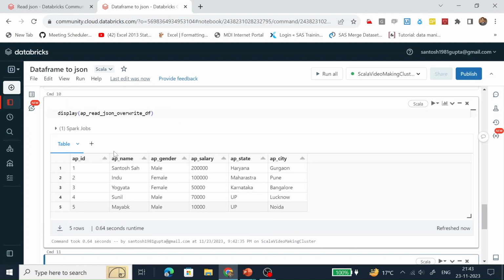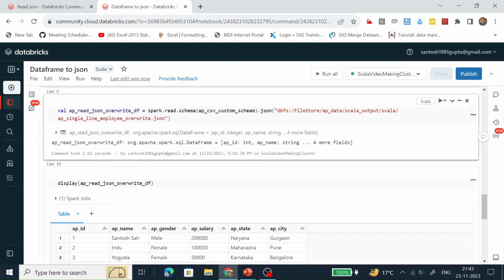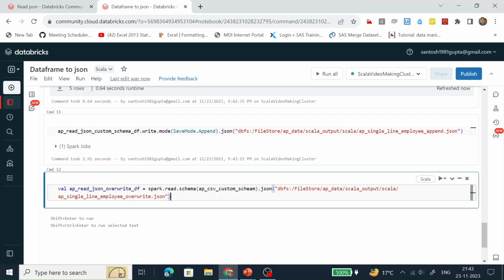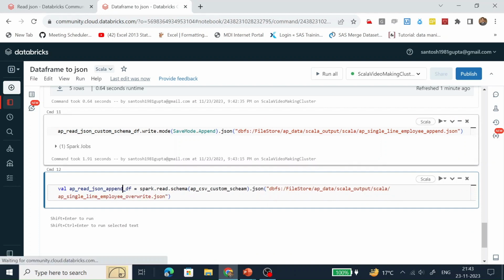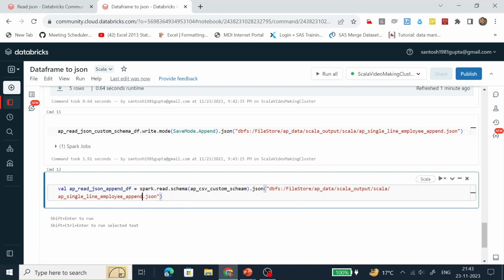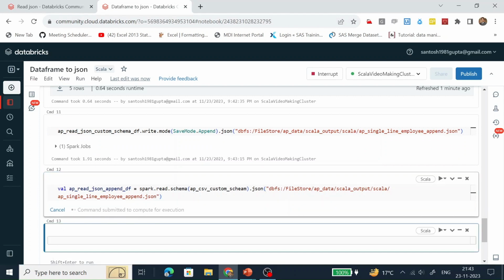Now let's read it. So how are we going to read it? We have written the code block to read the JSON file. Let's use it. Instead of override, let's make it append, and here is the JSON document which we have created. Let's run it.